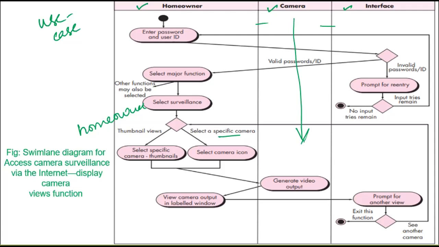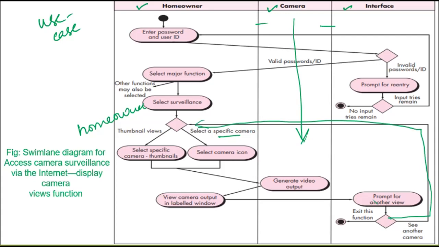Then prompt for another view. That is, if you want to check another view within the thumbnail view, you've got to check some other area, then that is again done by the interface. The interface is going to give this to, that is again the control is going to go from here, seeing another view, to the homeowner, where he can select the thumbnail view or a specific camera view.